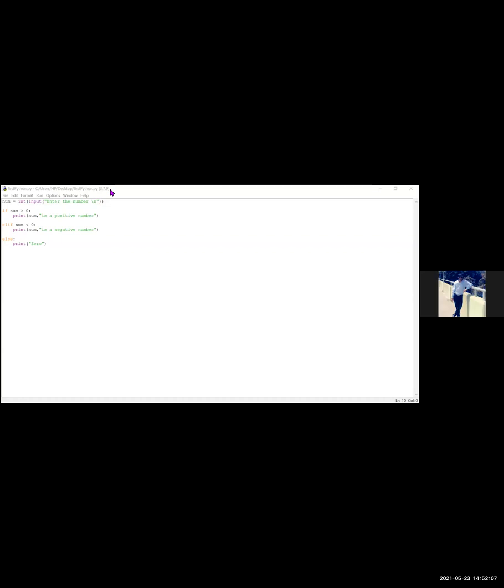Okay, so this is the simple code. When I take a positive number, it will show a positive number. Share the output screen, the console is not visible. Share that output console. One second, sir, I have to share the whole screen.